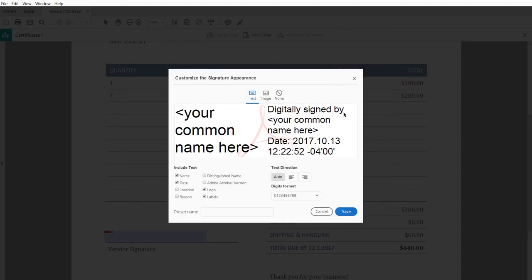You have the option of having a text version of your signature created by Adobe Reader, or you can draw one using your mouse. You can also use a scanned image of your handwritten signature, or if you're an engineer, add your engineering seal or stamp. You can do so by selecting Image and clicking on Browse, which is where you'll find your image. I want to add an image of my handwritten signature, so I'll go ahead and find that. So I'll click on Image, Browse,